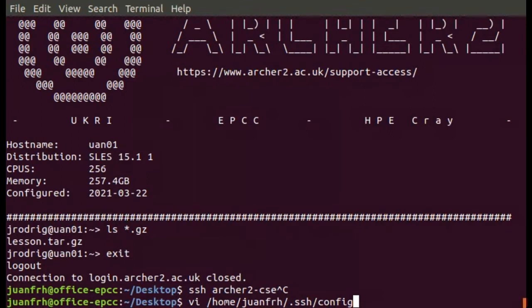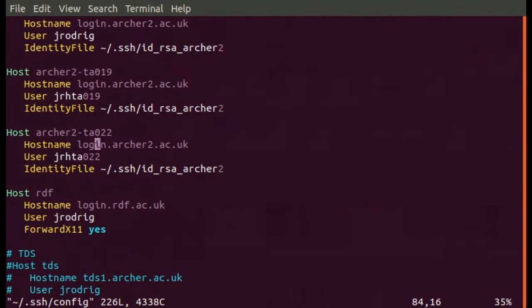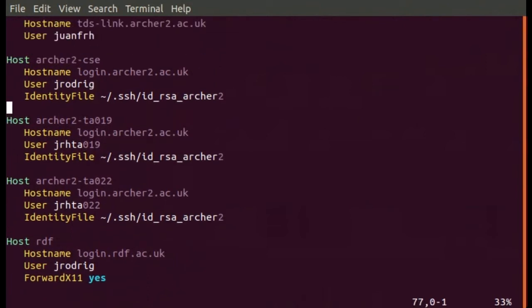Well, in case you use Windows, MobaXterm is also a good solution in order not to type everything. But in case you use Linux, so when I open the file here, you see that